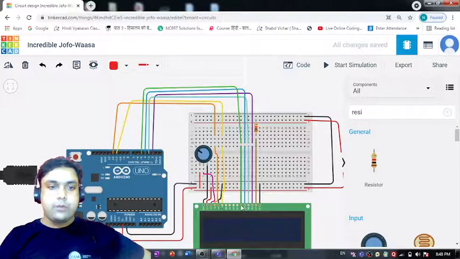It is D4, right? D4 we have connected with pin number 5, that is perfectly fine. And then comes this, which is enable. So enable is connected to pin number 11.